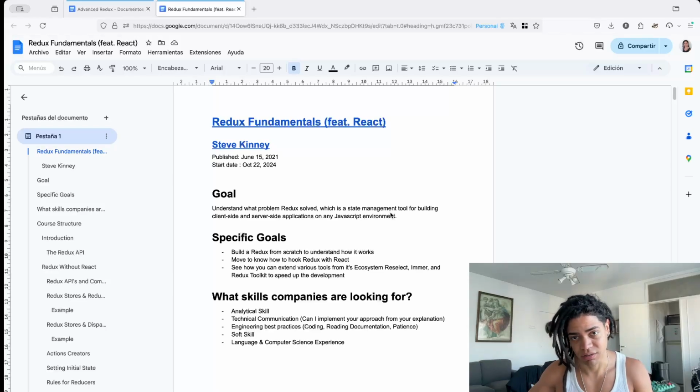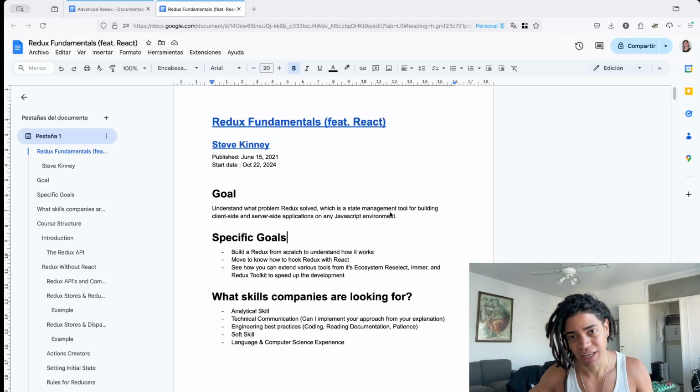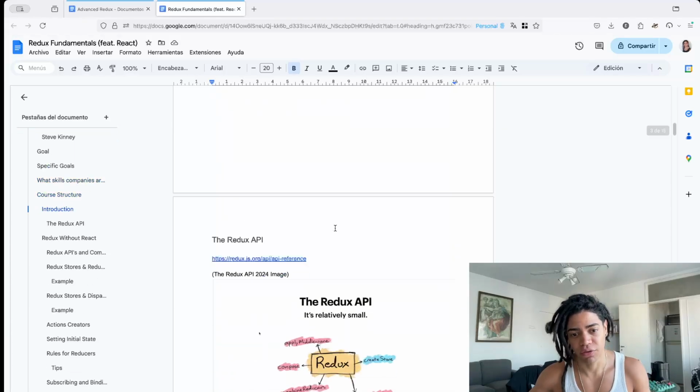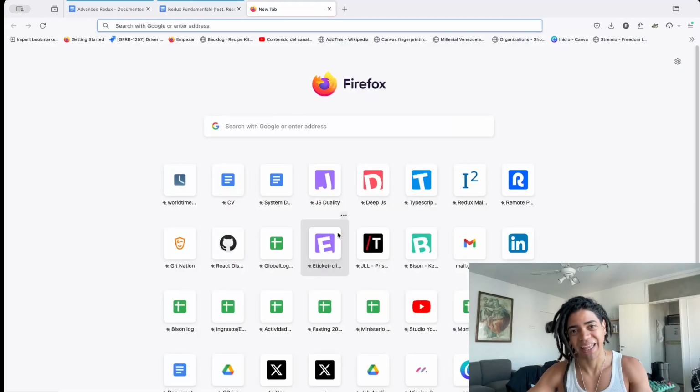In fact, that's the whole point of the library: it is agnostic, it is written in JavaScript. So as long as you have an application that runs in any of these JavaScript environments, the browser or Node, you can use this state management, where the goal, according to the maintainer of